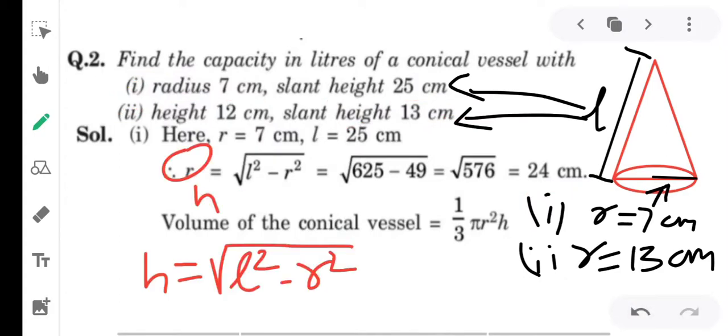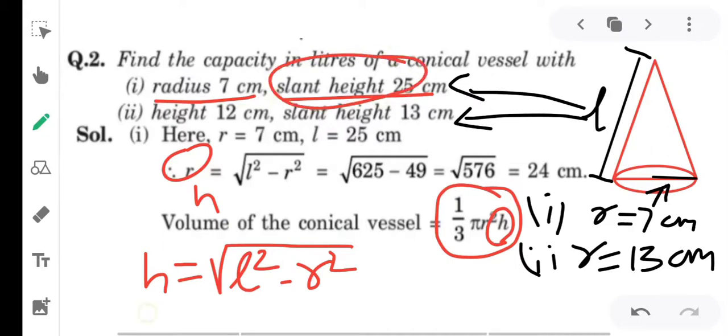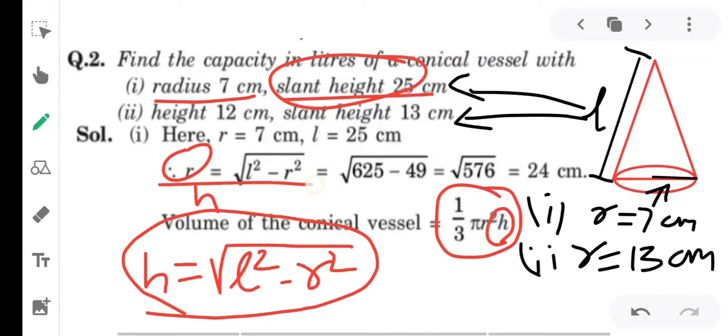Okay friends, here in front of you, you can see that we have the slant height and the radius over here, but according to the formula we need to find the height first, but here the slant height is given. So by using this formula, which is given over here, but by the printing mistake you have the r over here, so I have corrected it, that is the h, right? So height of the cone, ये जो height है इसको हमको find करना है, right? तो आप इसको देखिए यहाँ पर ये जो height आपको दिख रही है ये हमको find करना है. So by using this formula we can find the height.